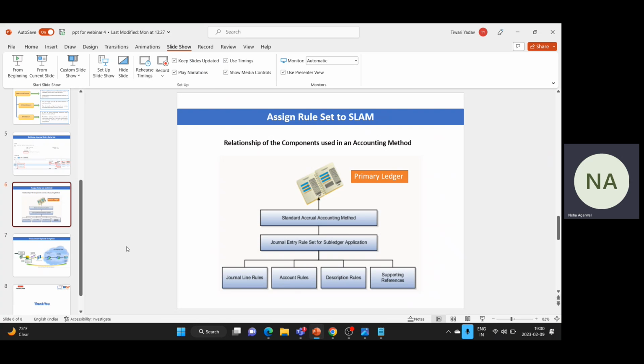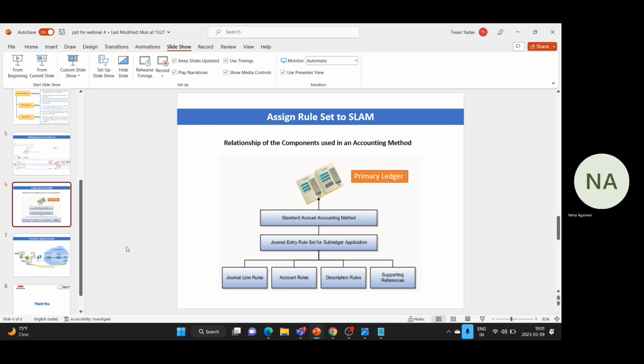So we need to complete the accounting method. This accounting method must be completed. We can do this by activating its general entry rule set assignment so that we can use it in the create accounting process. The following definitions are used to define the general entries and are applied as updates to